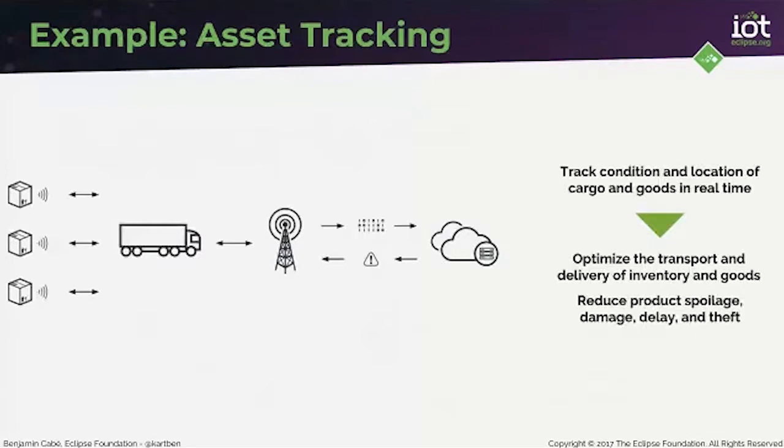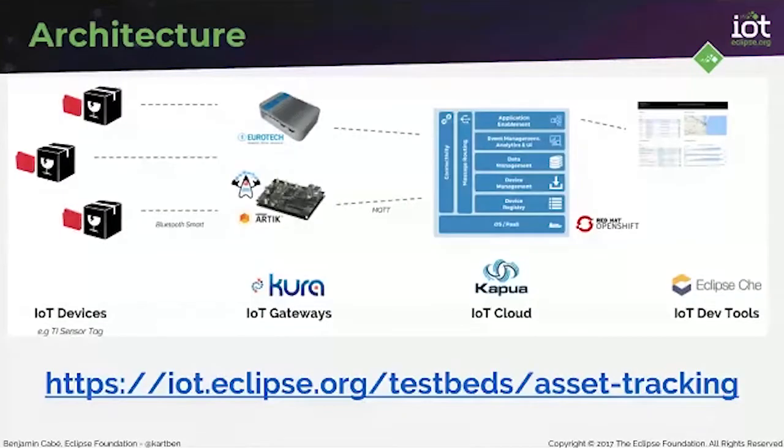How do you track and monitor where a parcel is, like your FedEx or UPS? Where's my parcel? I want to be able to tell my customers where the parcel is and what the current temperature is and whatnot, so that you reduce the amount of lost parcels and improve the quality of service to my customers. Well, we implemented just that through open source and using IoT gateways from Samsung and from Eurotech, using TI sensor tags as the sensors,